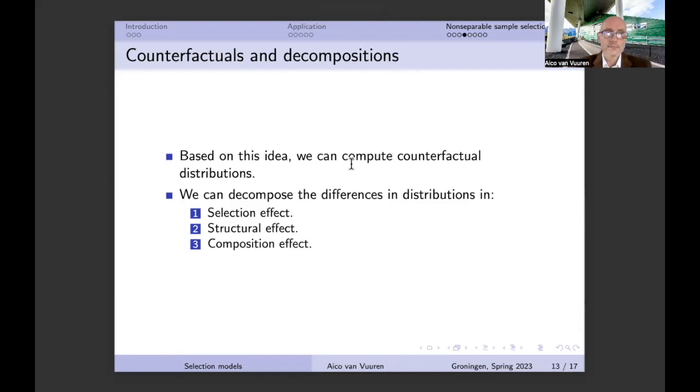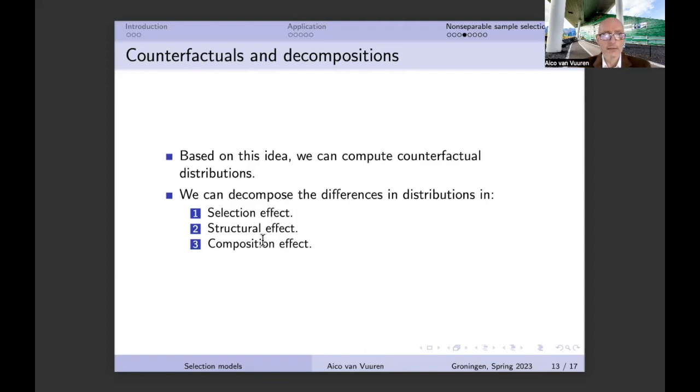Well, that gives us the opportunity to look at counterfactual distributions. This actually comes from another forthcoming paper by me. This is from a paper that I'm going to publish in Quantitative Economics. Based on these counterfactual distributions, I'm not going to show how we are actually going to do that, because that still has a lot of mathematics, and also due to time, I'm not going to explain that over here. But based on that, we can decompose the differences in the distributions into, well, a selection